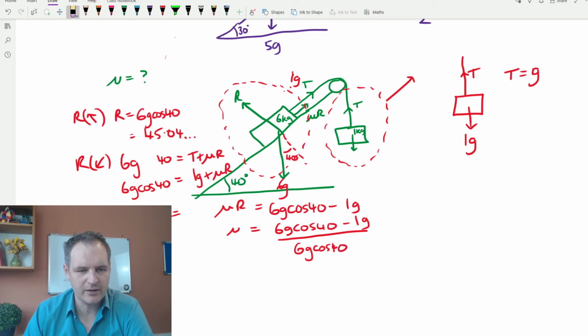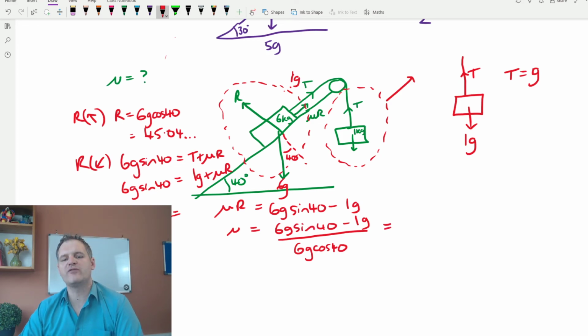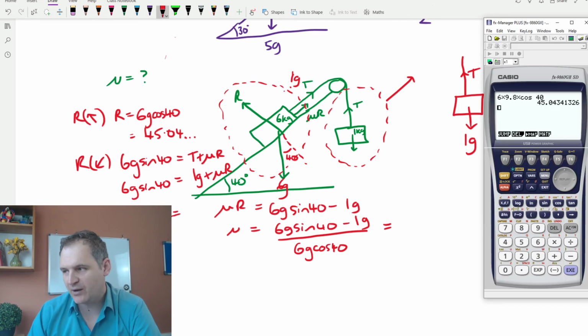No one telling me. Because we are going down the slope, but that's the angle there, so we're always going to be using sine for when the angle is the one we don't know. There we go. We can now put all of that into our calculator, which you now can see on the